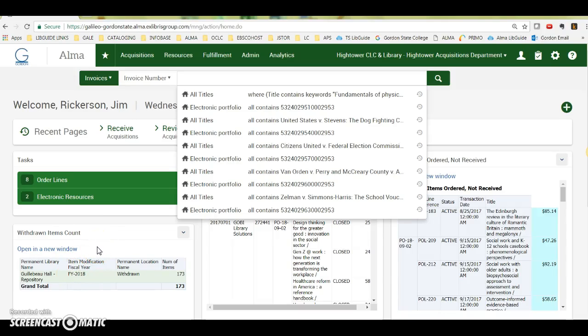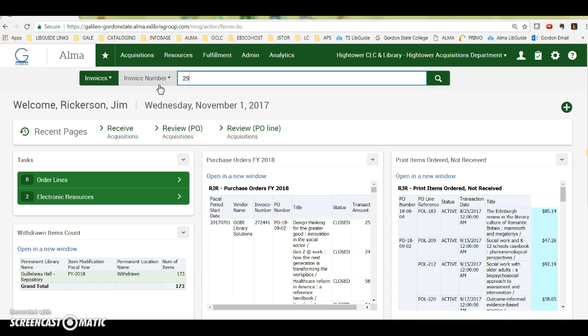When you create an invoice, you've already received the items. At the point where you create the invoice, the purchase order lines should all have a status of waiting for invoice, but sometimes you'll have some that say sent. And what happens is when you create the invoice, let me pull up this invoice here,